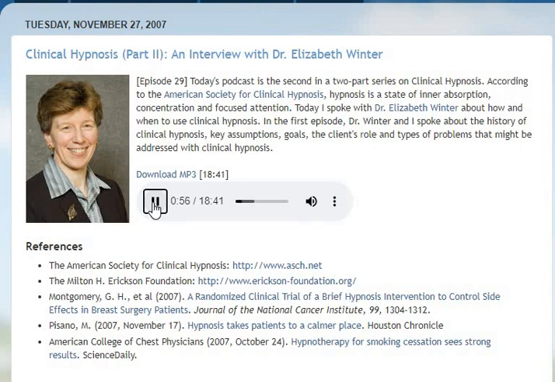Probably the first caution is to use it only to do something that you're already trained to do. And that may sound a little bit obvious, but for example, it would be appropriate for me as a social worker to use it for somebody who comes to see me for work on addictions. It would not be appropriate as a social worker for me to help someone to induce analgesia or anesthesia with an intention of my performing surgery on them. I'm not trained to do that. I shouldn't do it. And conversely, somebody who is perhaps an anesthesiologist shouldn't be doing psychotherapy using hypnosis.